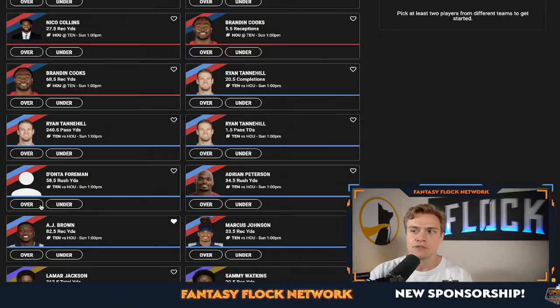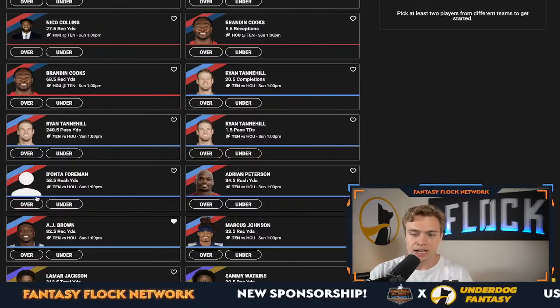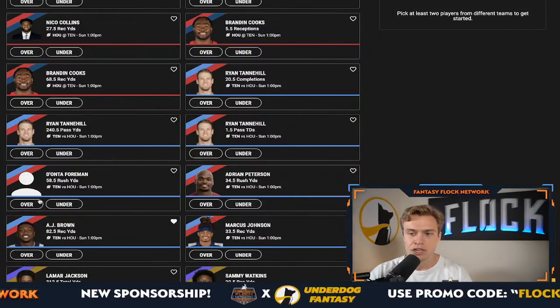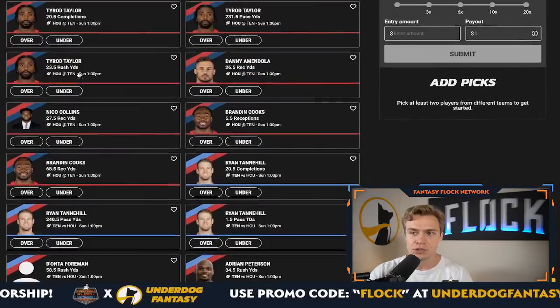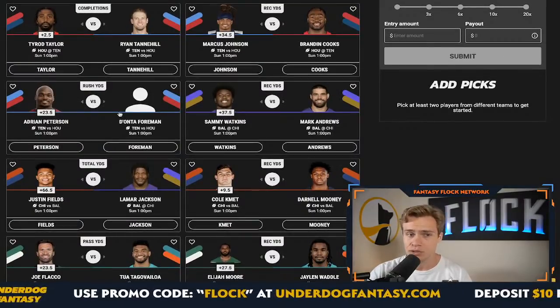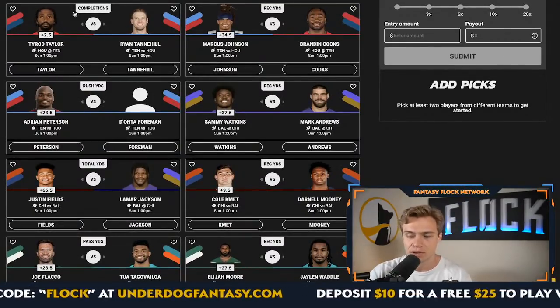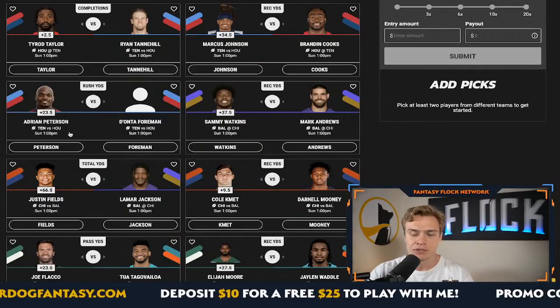Now, the thing is, if we were going to be making the bet on Foreman, I don't want to be betting against this entire Tennessee Titans rushing backfield because this is such a good matchup against the Houston Texans. So what I'm actually going to be doing instead is, Underdog Fantasy has a lot of these rivals lines that usually we don't look at, because usually I think that picking the over-unders on individual players is going to be significantly better. But this one instance, I think I would prefer making a bet that this backfield's closer to a